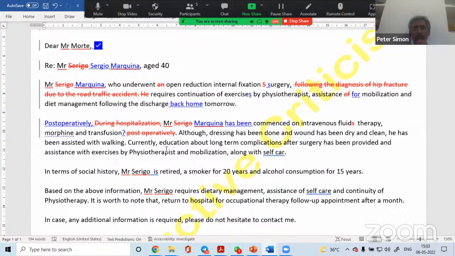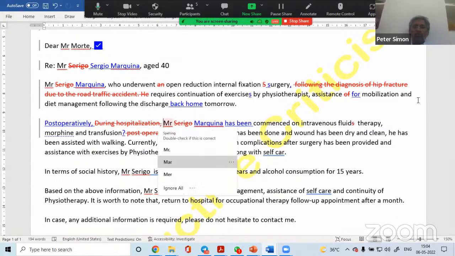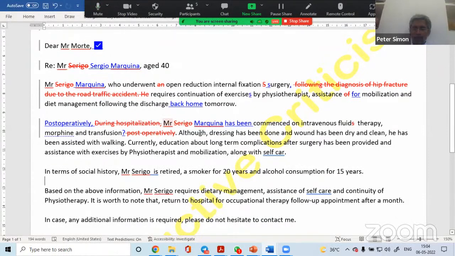It's not commenced. Were transfused. Why did you mix both of them? Now here what you can do is you can use passive voice also. Instead of has been commenced, this is right. No doubt this is right. Instead of has been commenced on, you can say intravenous fluid therapy and morphine